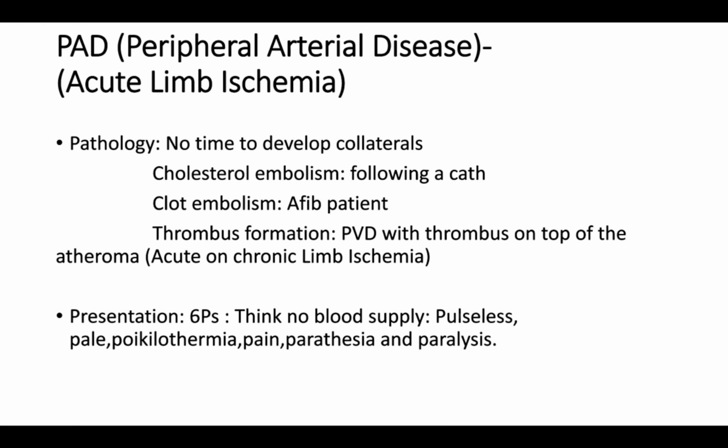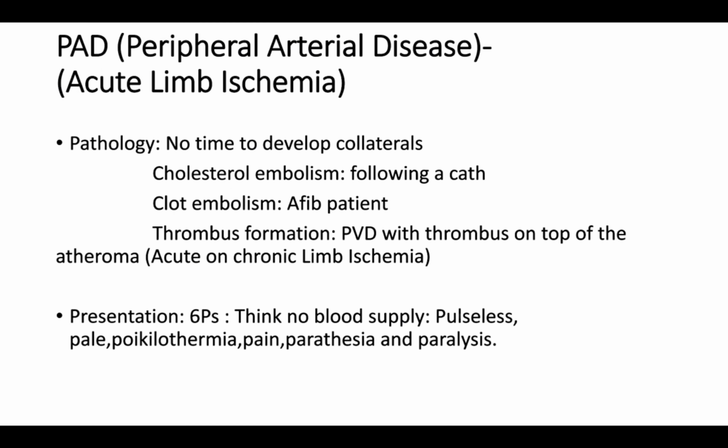Now we're going to speak about acute limb ischemia. The pathology: there is no time to develop collaterals. The clot will happen immediately. And the pathophysiology, usually it's a cholesterol embolism following a catheter, or a clot embolism for the patient who has atrial fibrillation, or it could be thrombus formation, peripheral vascular disease with thrombus on top of the atheroma. It's acute on chronic limb ischemia in this case. So you have chronic limb ischemia and there's a thrombus on top of the atheroma and